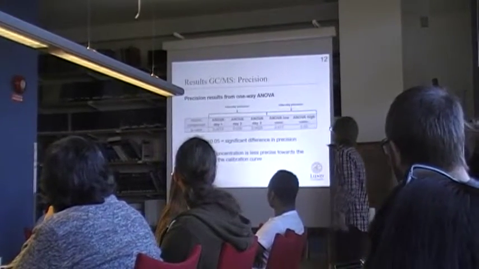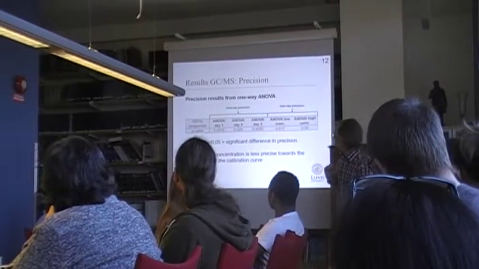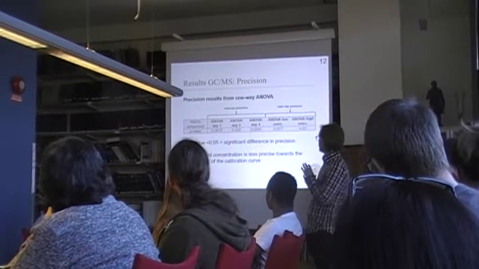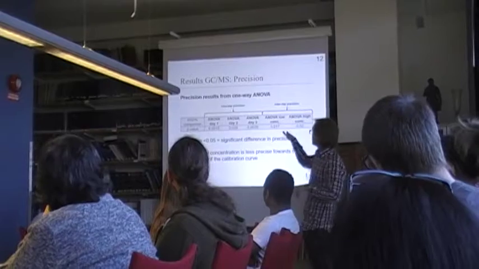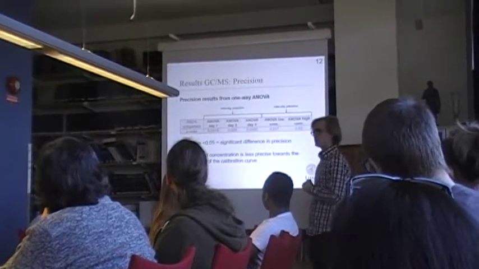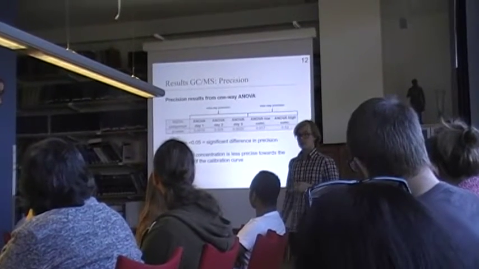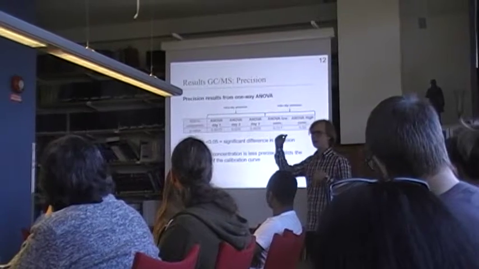And then finally we can look at some of the results from the precision calculations, and on the slide here we see the obtained p-values from the one-way ANOVAs. A p-value below 0.05 represents a significant difference in precision. For the intraday precision calculations, we can see that for day 1, 2, and 3, there seems to be a significant difference in precision at the lower end of the calibration curve compared to the higher end of the